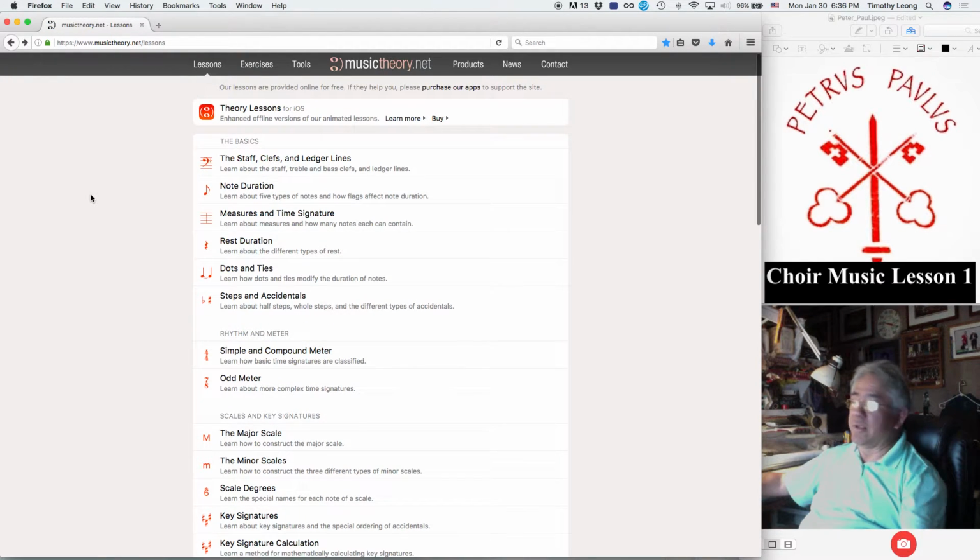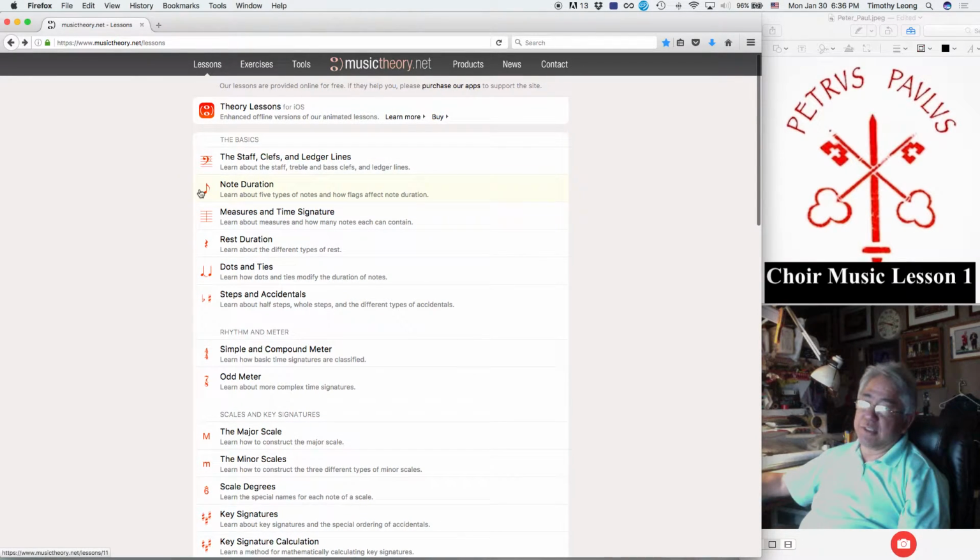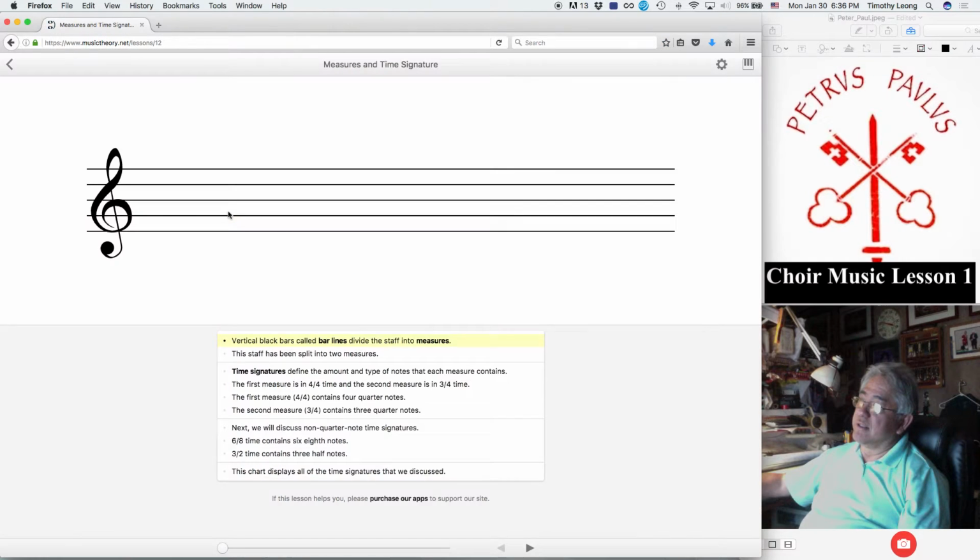Well, okay, I'll take it back. We're going to do a time signature first. I don't want to get into note duration because that's going to be the next lesson, but time signature. When you open your hymnal, you're going to see this. You're going to see your clef, okay? And the time signature is something they add in front of it,